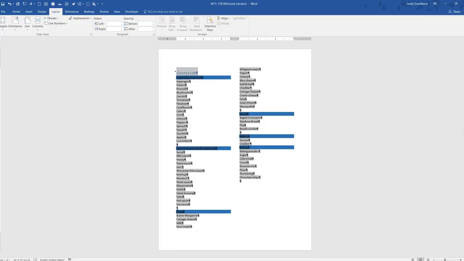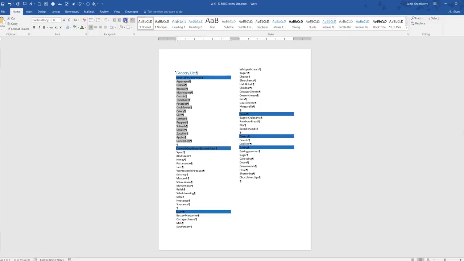You have some other requirements, like sorting each thing under each group alphabetically. So remember to do that. Go on your Home tab, and here's your A to Z sort button, so you can just do that. You're also supposed to use a bullet list for at least 2 of the 3 levels